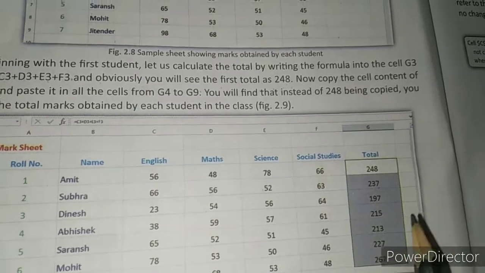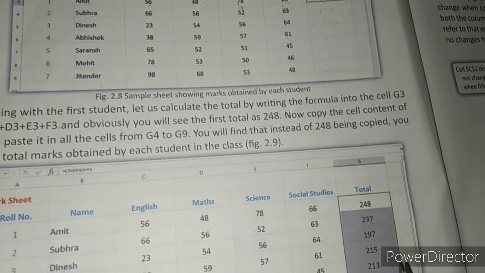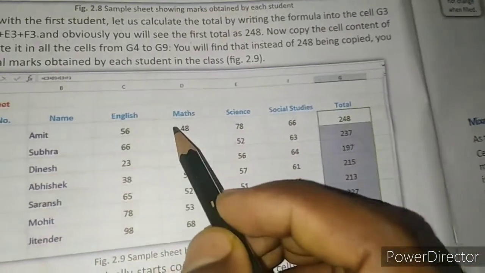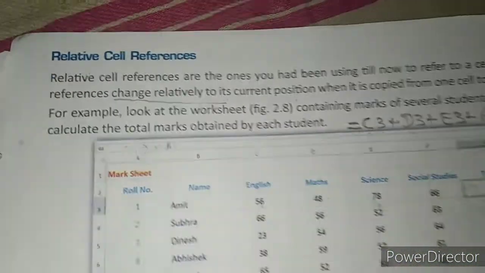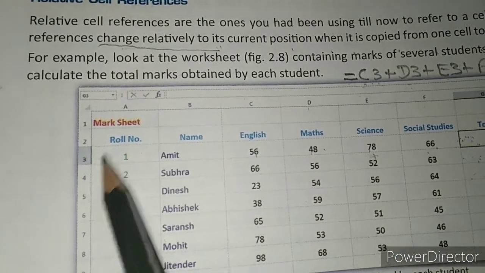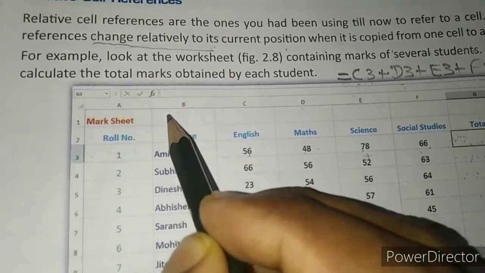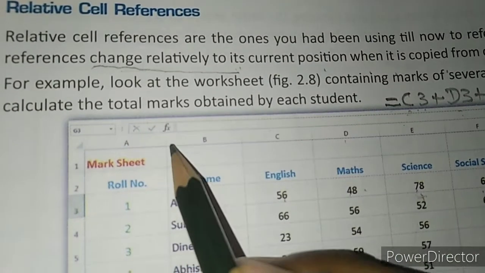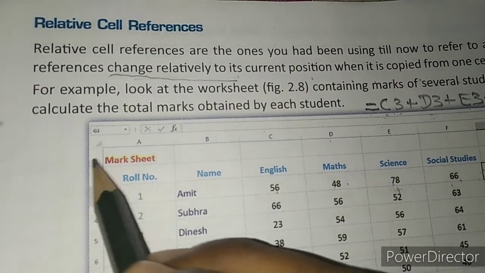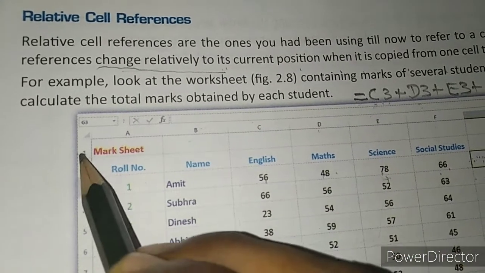And normally, as we use cell reference, first of all the column name is written, then the row name is written. So here we can see that this is the B column and first row.